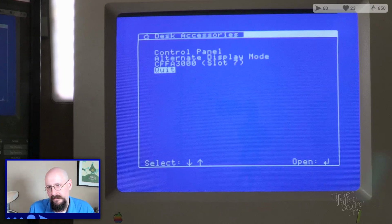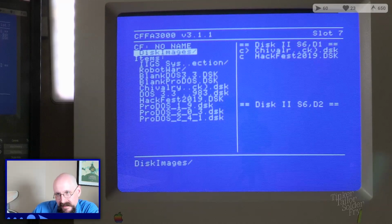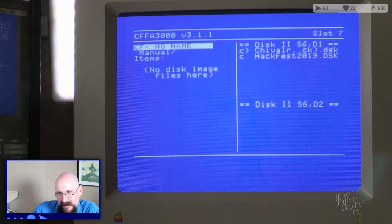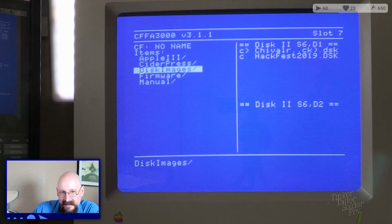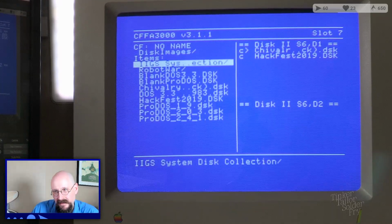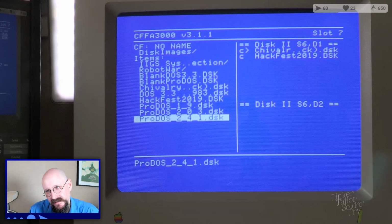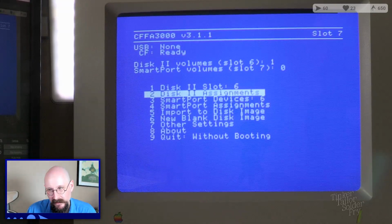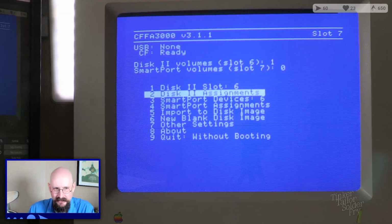But let's see. I think the problem is that it should be showing up here in disk images, but I think the file format for the disks is what's not working for Droll. It was a 2mg file, which I think is not compatible, as far as I can tell. Otherwise, one would guess it's showing up. Yeah, that kind of unfortunately...